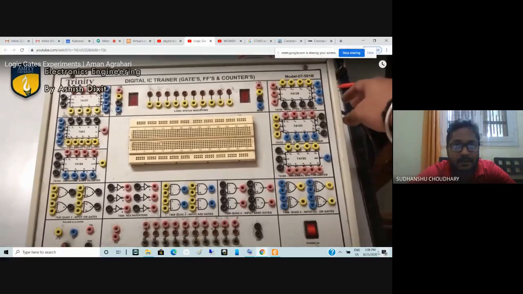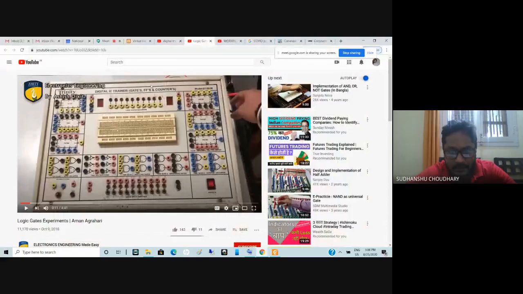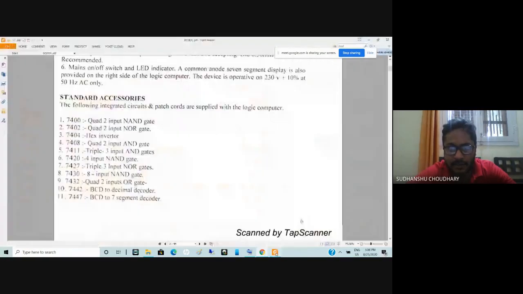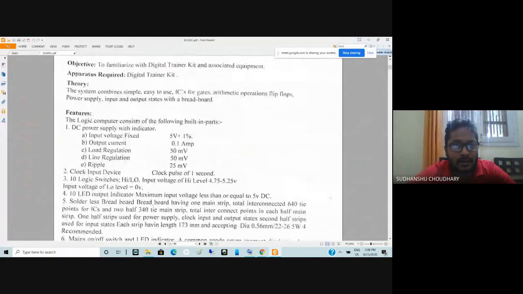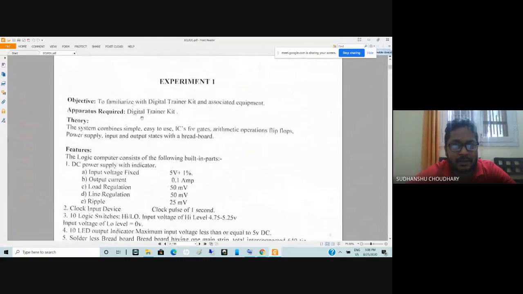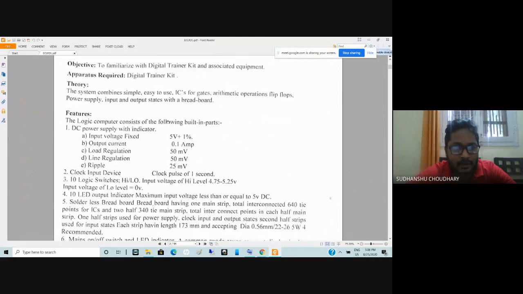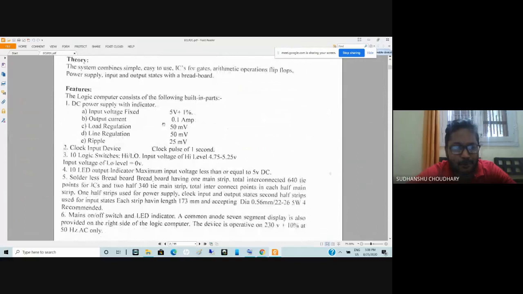Okay, so then let me go back to our lab manual. In our lab manual, the features of the digital trainer kit that we have are that there is an input voltage supply of 5 volts.